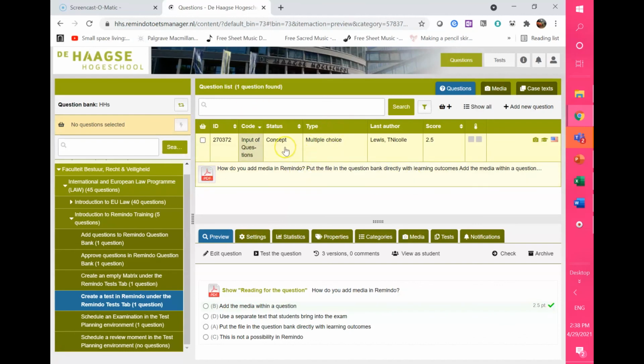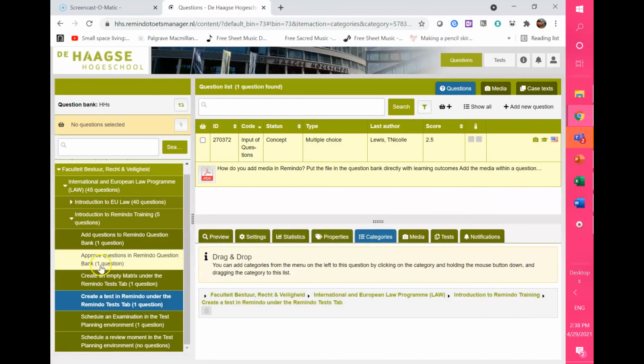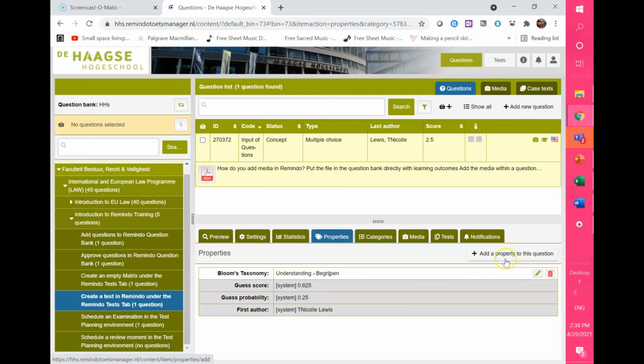and you make sure that it has a concept as the status, because that's really important, and that there are no error messages. You double check in your properties to make sure that it has an actual Bloom's taxonomy level assigned to it and that it's in the correct category in terms of your learning outcomes by looking here. If it is not in the right category, you can drag and drop this to be in the right category and you delete the one that was incorrect. If it does not have a property, you simply go to add properties and you pick out the Bloom's taxonomy